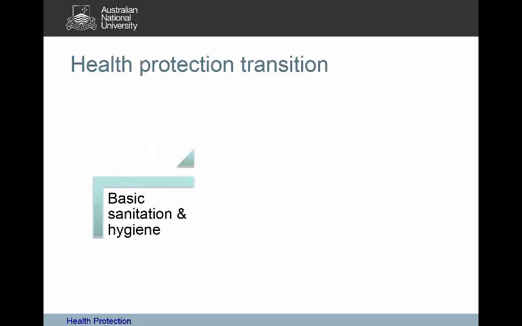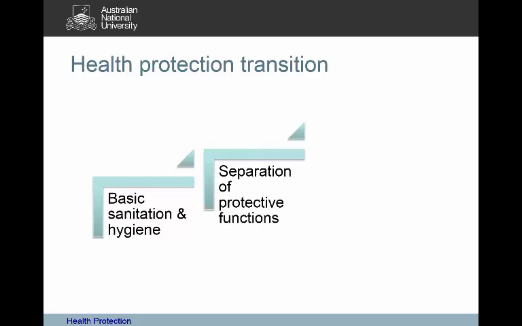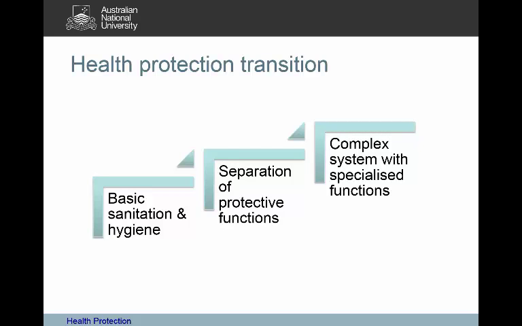Now, as we've been discussing, we've been talking about some of these regulatory measures for health protection. They originally started out as basic sanitation and hygiene back in the late 1800s and early 1900s, when people began to recognise the connection between sanitation and hygiene and good health. So health departments developed legislative instruments to protect the health of the populations, and some of these included work that is now no longer contained in those health departments. Over time, there was a separation of protective functions, and we end up with a complex system with specialised functions. So you'll see that in most